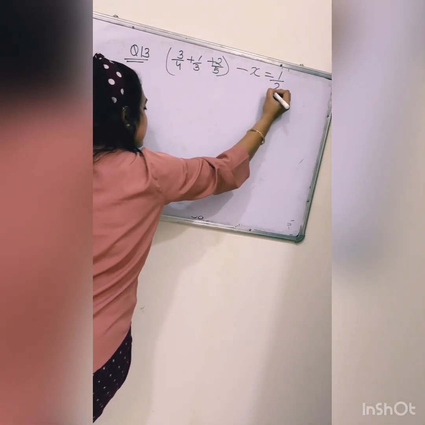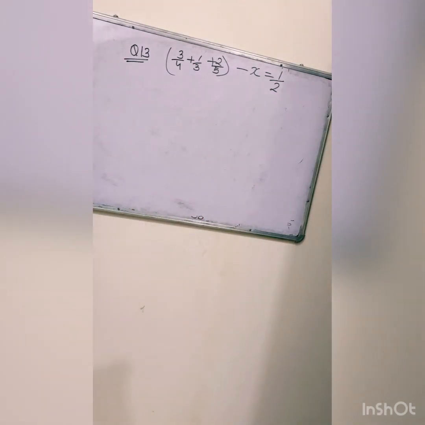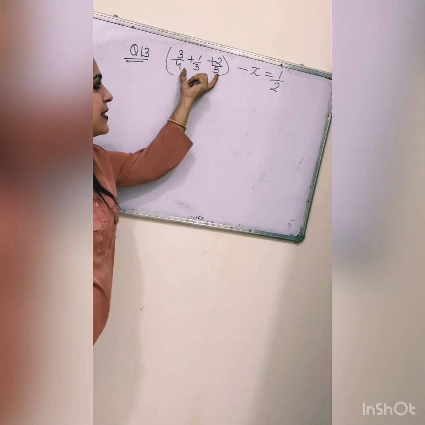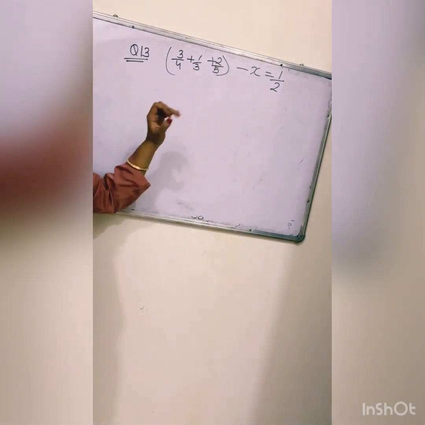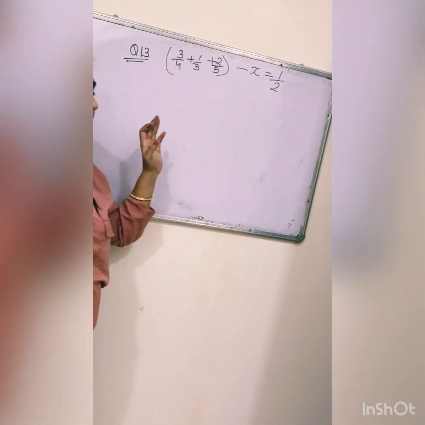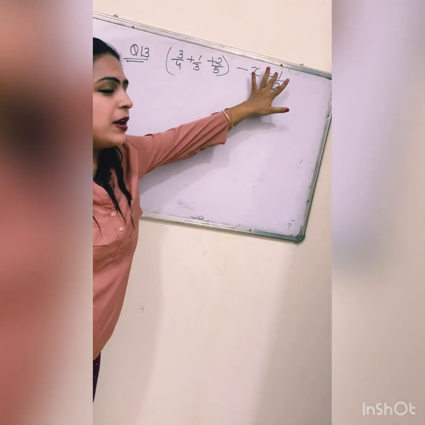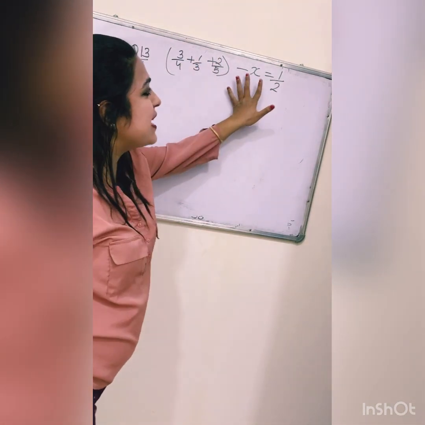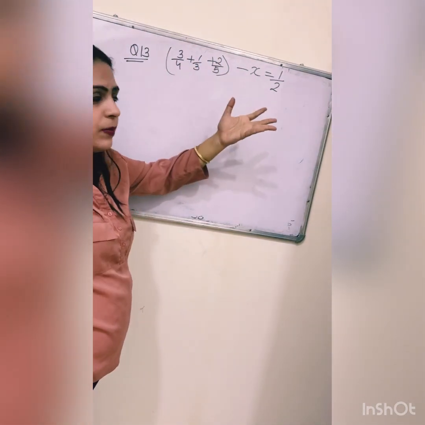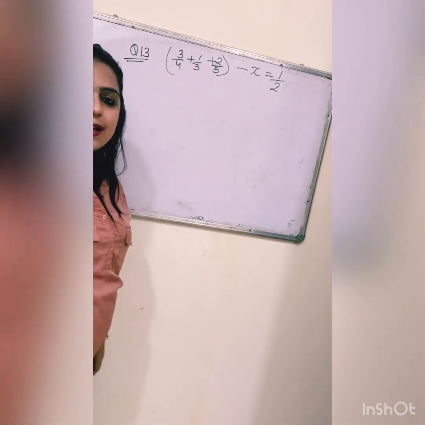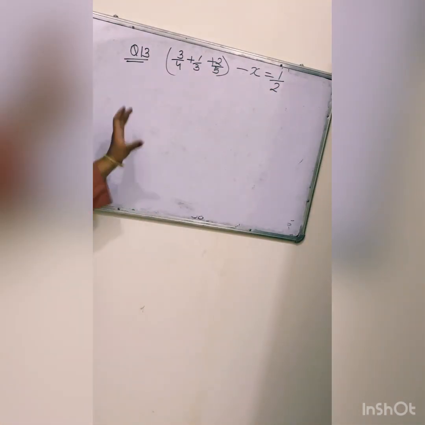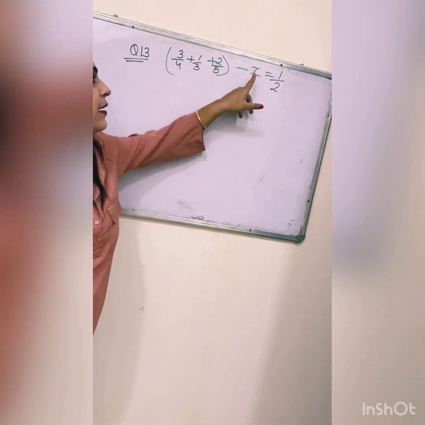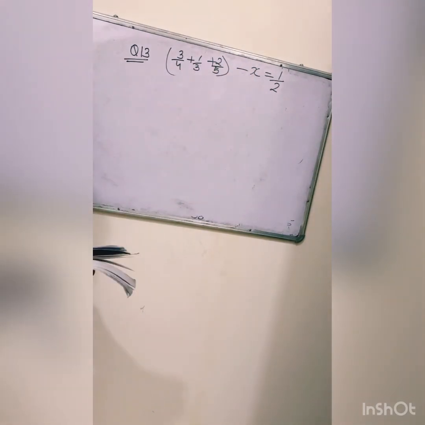1 by 2. First I am explaining this, don't write this, I'll let you know what to write. The question is, what should be subtracted from this? I said x should be subtracted so that my answer is 1 upon 2. After subtracting, the answer should be 1 upon 2. So this is what the question is. What should be subtracted? That means we have to find the value of x.